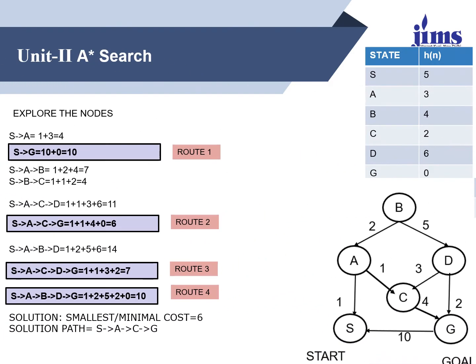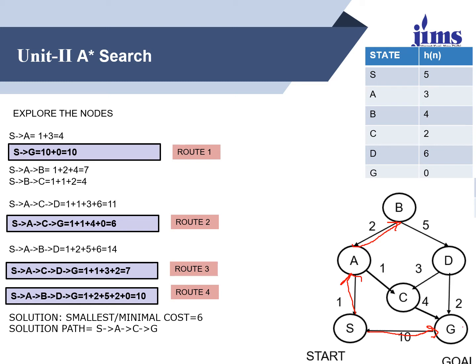This is one more example of the A star algorithm. Here the cost of reaching from one node to another is given, B to A, then B to D. The paths from one node to another are given over here. The arrows are like this: A to B, A to C, then B to D, then C to D, D to G, and the start node is S. So this is how the arrows are over here, and we have to reach the goal node.